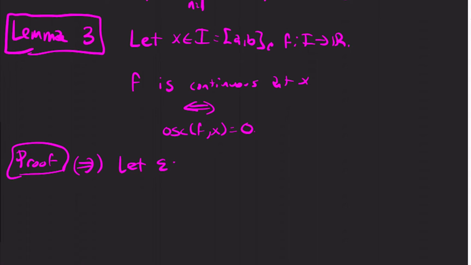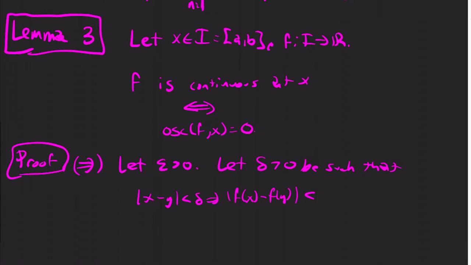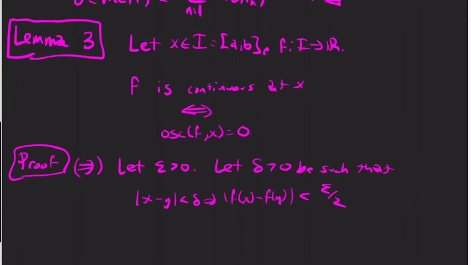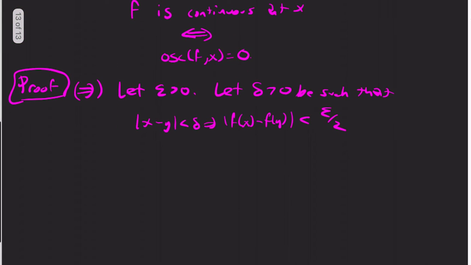So I'm going to assume f is continuous. Let epsilon be greater than 0. Let delta be such that for all y, such that |x - y| < delta implies |f(x) - f(y)| < epsilon/2. That will tell me that the oscillation of f at x